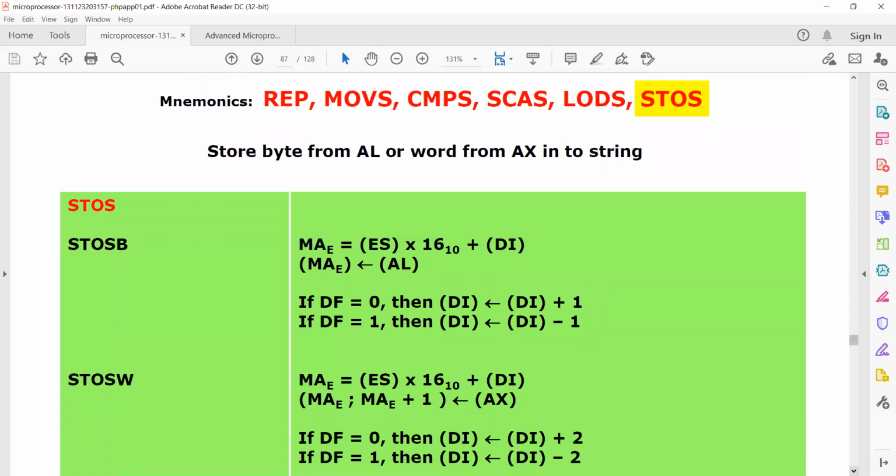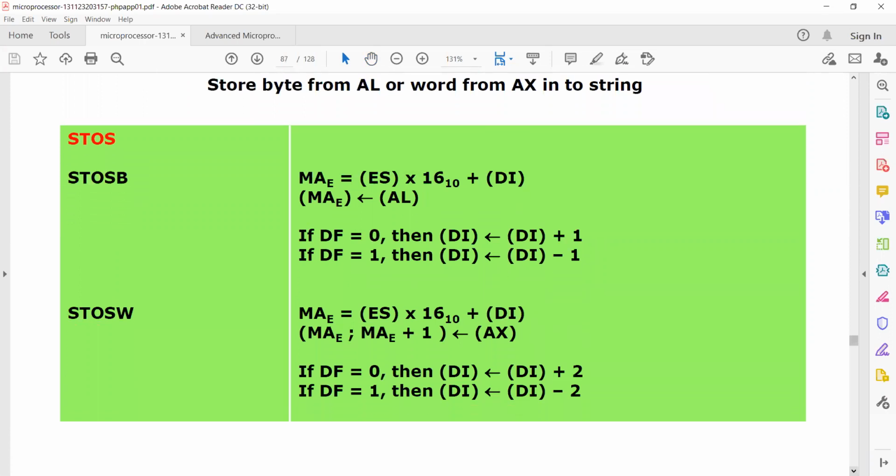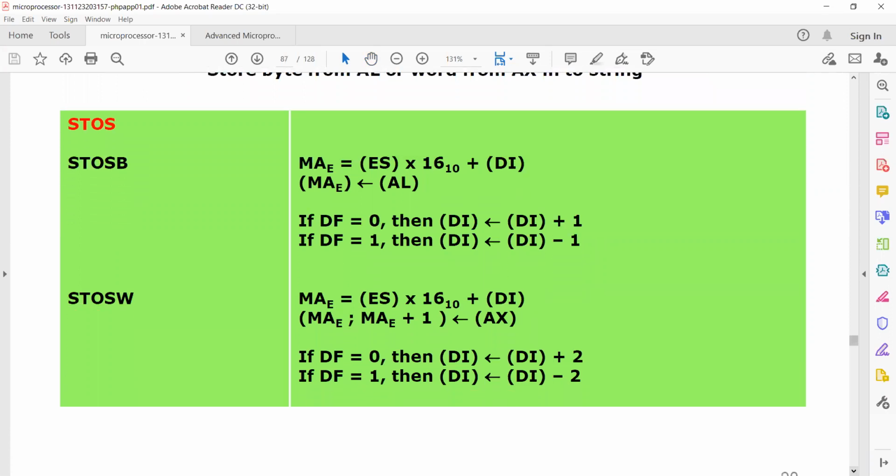Store. STOS means what? Store string. In the previous one, we loaded the string from the source address to the accumulator. That means we took input.